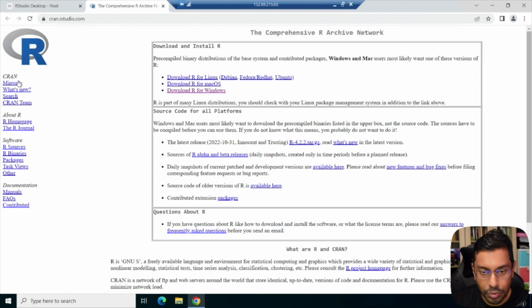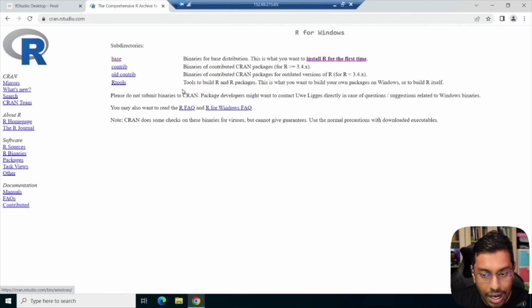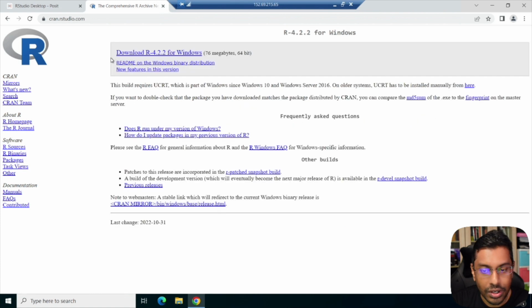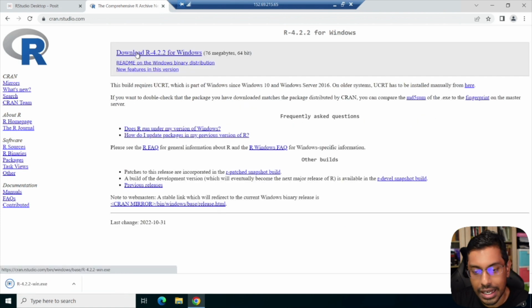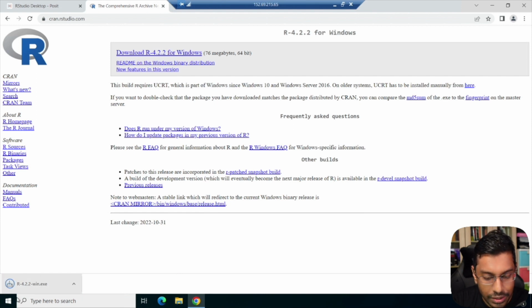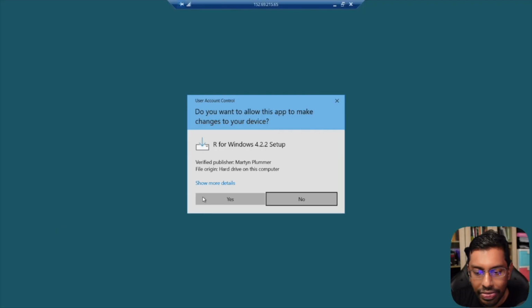So let me download and install R first. It'll bring you to this page, cran.rstudio.com. Download R for Windows, since mine is Windows. If you're using a Mac, it should be a Mac, and if you're using Linux, it should be Linux. So you should follow accordingly. In my case, I've installed it here, you can see, and I click on it, it's opening, right? And then